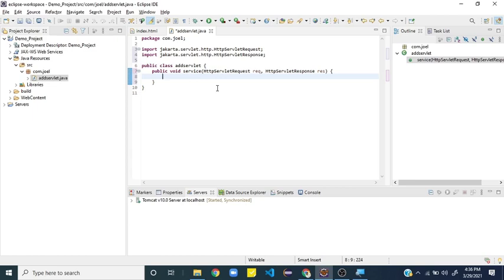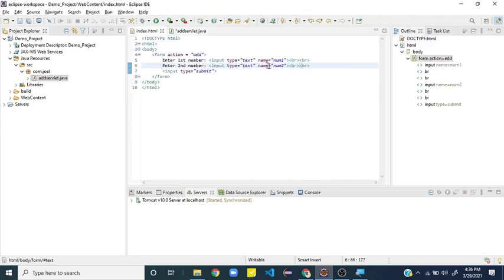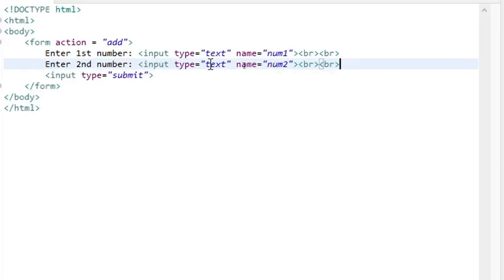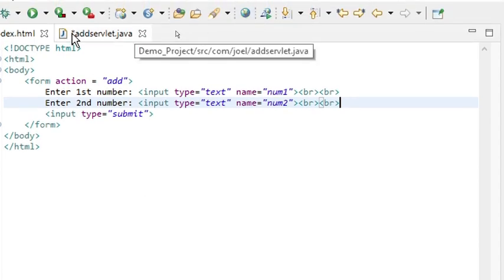All right. Now the programming is quite simple. Now I need to add two numbers. So let me introduce a variable. Obviously it will be an integer. So let me say int i equal to. Now I have to get the parameters. So what are the parameters I used in HTML? Remember, these are the parameters I'm talking about. For the first number I used num1, and for the second number, let me zoom this so it'll be easy for you, I used num2.